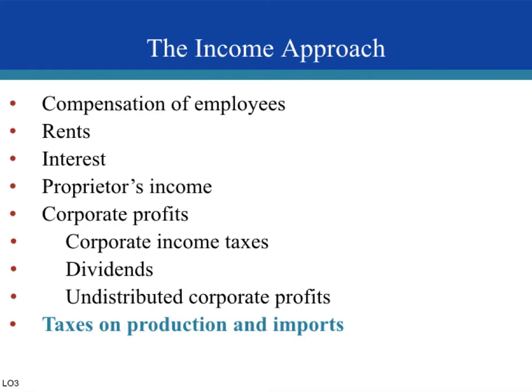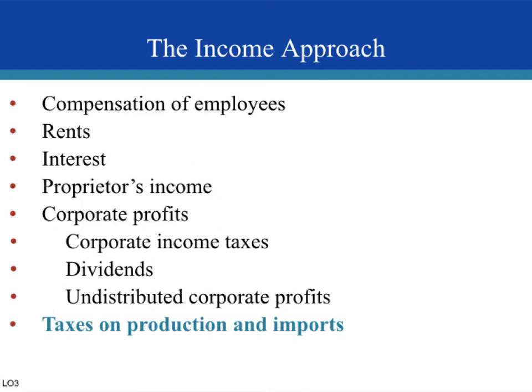Dividends are the after-tax profits that corporations chose to pay out to their stockholders. So they flow to households, which, if you are a stockholder, then technically you're a part owner of the corporation. And then also undistributed corporate profits. These are any after-tax profits that are not distributed to shareholders, but are saved or retained by corporations to invest later into new plants and equipment. They might save some of their profits to help build a new factory, for example, or to expand operations, or to build a new